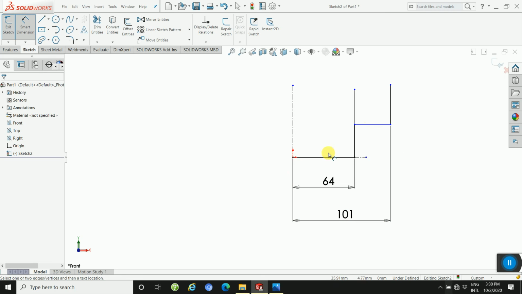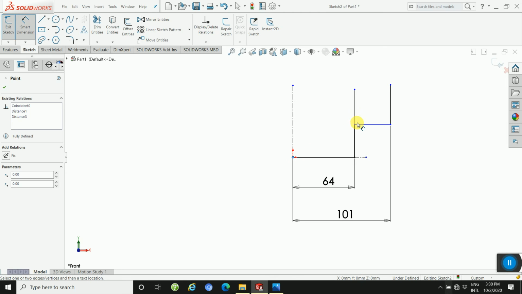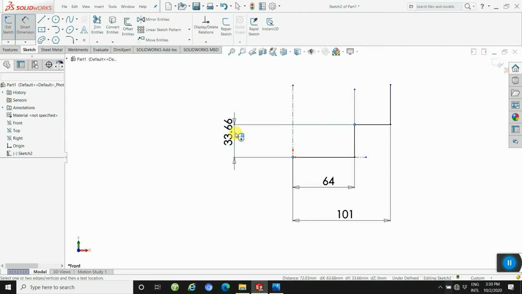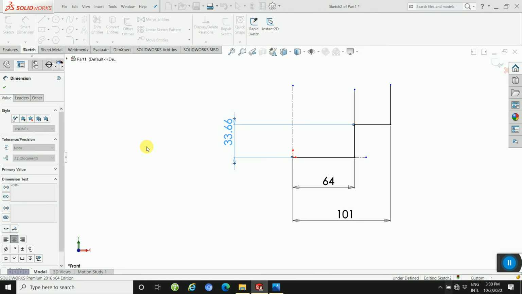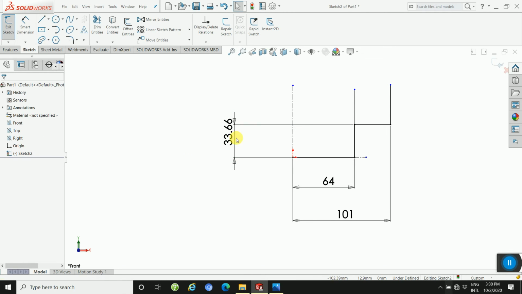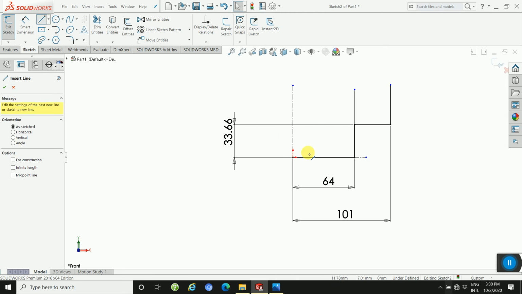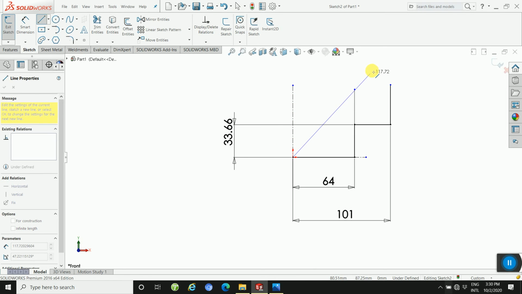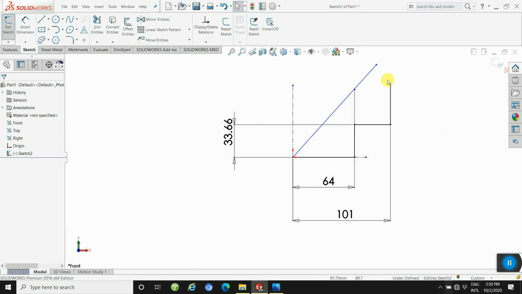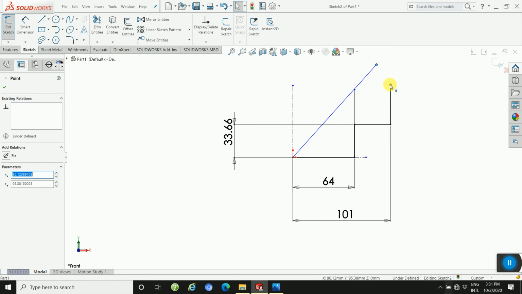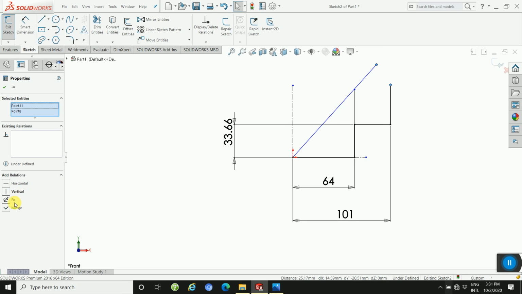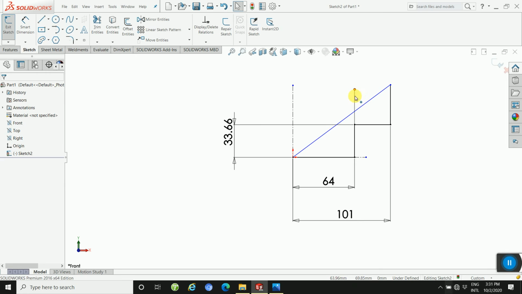If you want to add this dimension, first click the first point then the second point this way. If you want to merge this point and this point, then you will easily define it this way.